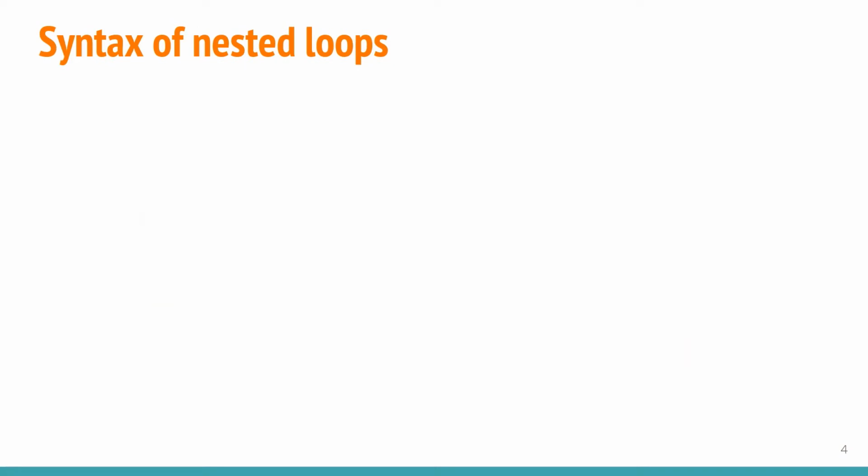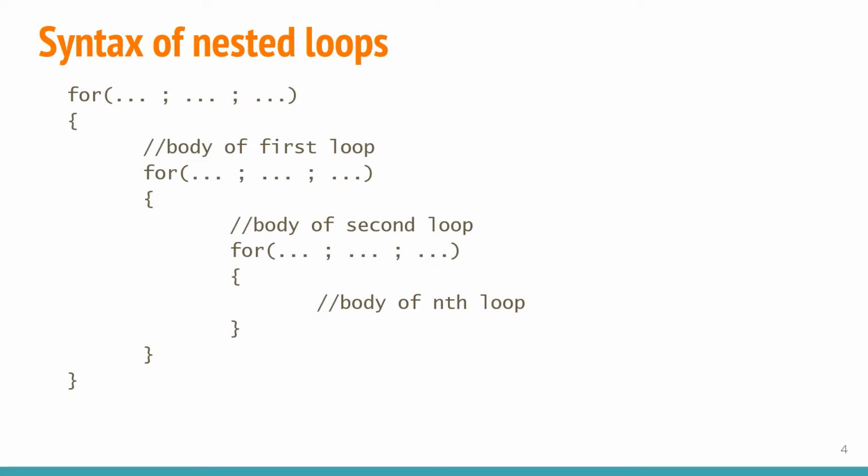Coming to the syntax of nested loops, as I told earlier, I will be restricting myself only to nested loops using for. You can generalize the same thing for other types of loops. Here I have shown an example of a nested loop using for. Note that here I have used one for loop. You can assume the initialization, test condition as well as increment and decrement. Since it's a general syntax, I have not bothered to write the actual statements here.